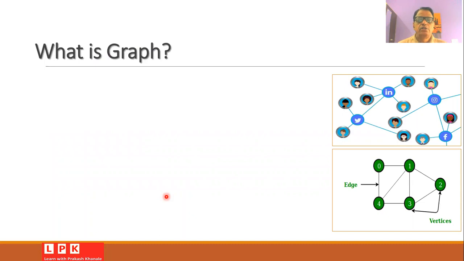So let us start the session with the question: what do we mean by graph? Now, many of us are on social networks. We know that we can access a social network in order to chat with other people. We are on Facebook, we read the news from Twitter, we are on LinkedIn. So there are different social network platforms on which we are very active nowadays. Now, have you ever thought how the people on the social networks are connected to each other?